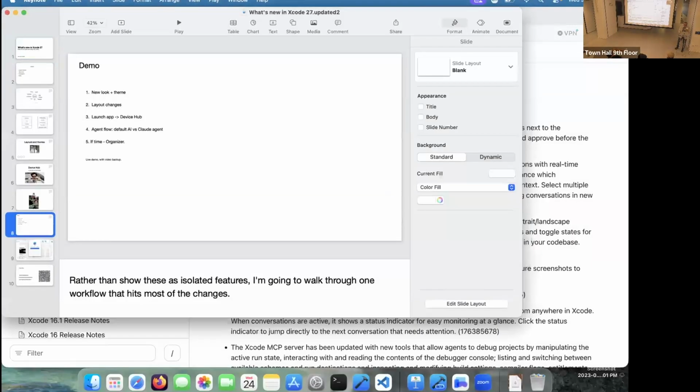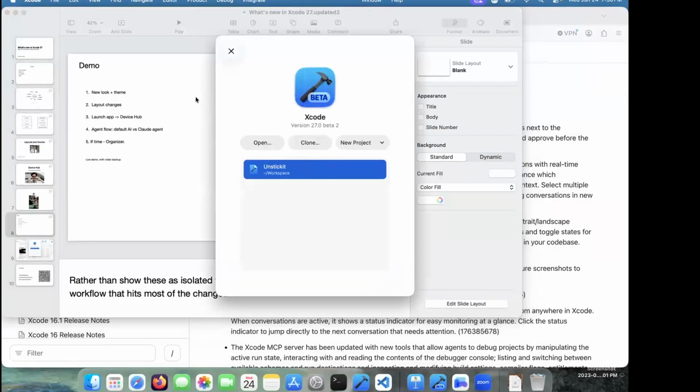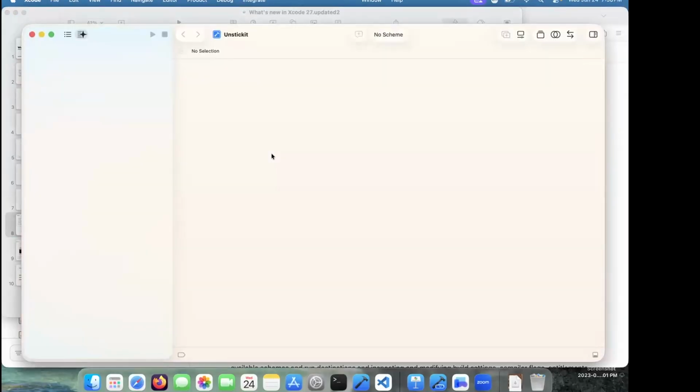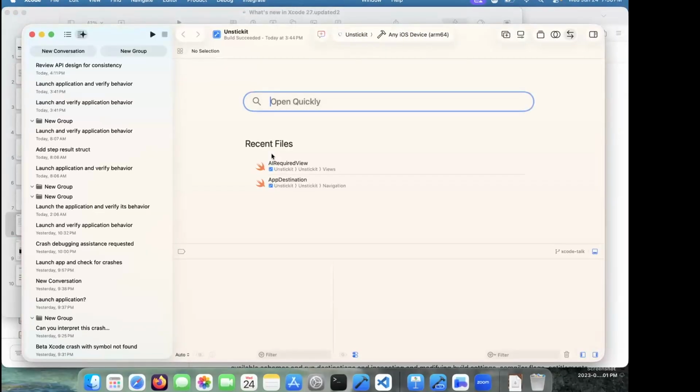So let me just try to stop this share. I'm going to stop and just go right to Xcode. So I'm working on an app. So first, right off the bat, you see it opens differently. I have an app that I'm making using Apple Intelligence on board so that it can respond to users who are stuck on something. They can go forward. So I just want to show you,